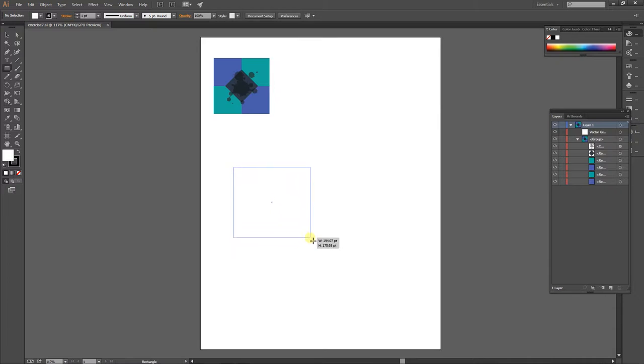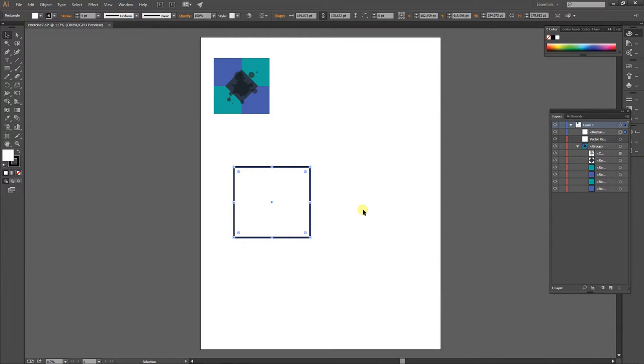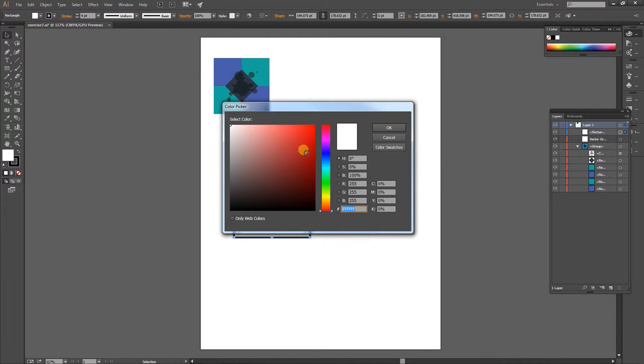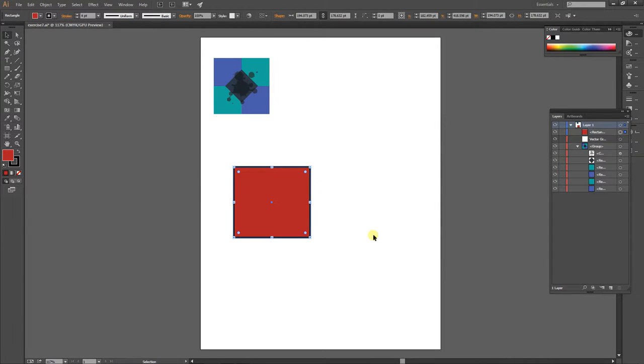So if I just draw out the default rectangle, I'm going to add a bit more line just so we can see it. So we've been dealing with stroke, right? Pen tool, line tool, all these kinds of things. But there is something on the inside, and of these 2 swatches, it's the one that doesn't have a hole in the middle. And if I double click on it, I can get a different color,